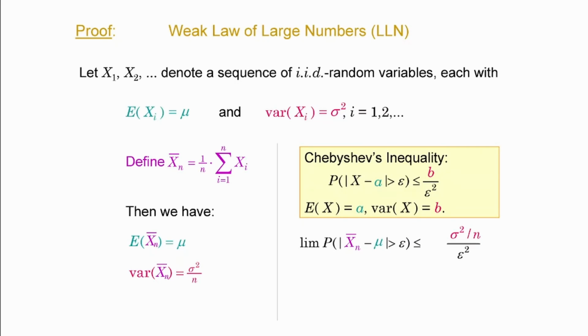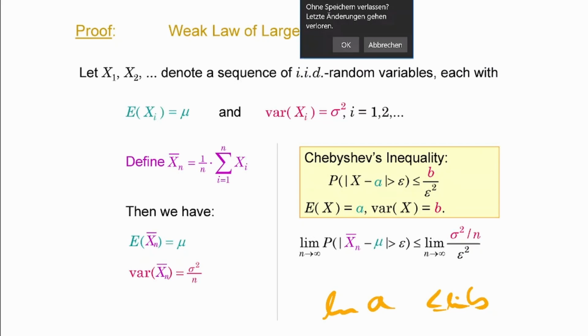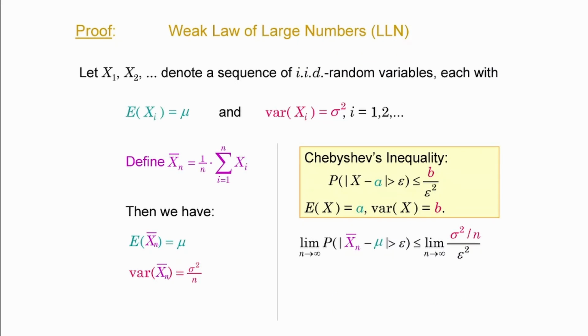Now, the limit of the left-hand side is of course bounded by the limit of the right-hand side. That's a consequence. If A is not greater than B, then the limit of A is not going to be greater than the limit of B, right? If the members are never going to be less, then their limit is not going to be less either, if there is one, which there is, because this has a limit. The limit of that is going to be 0.